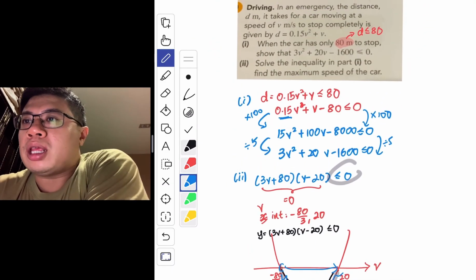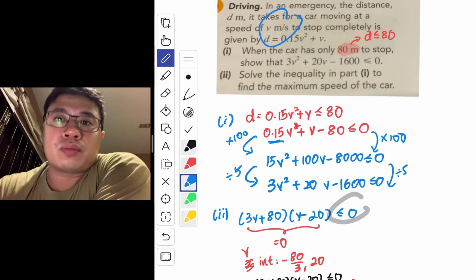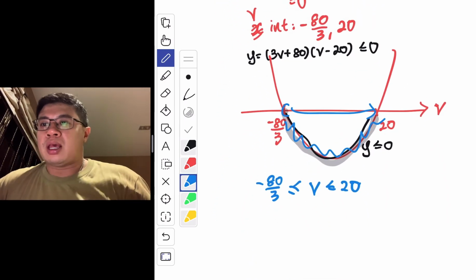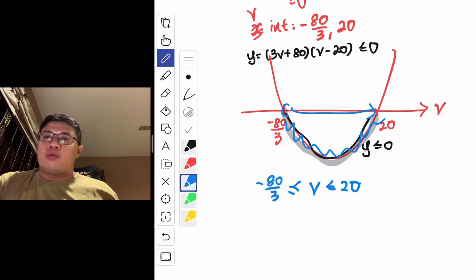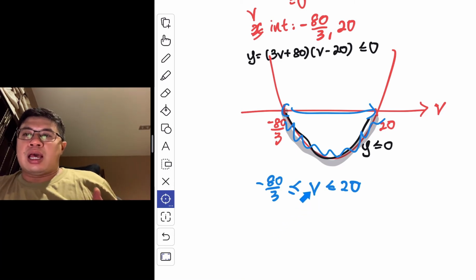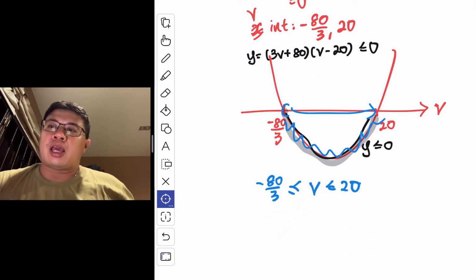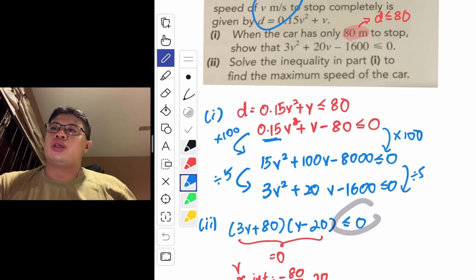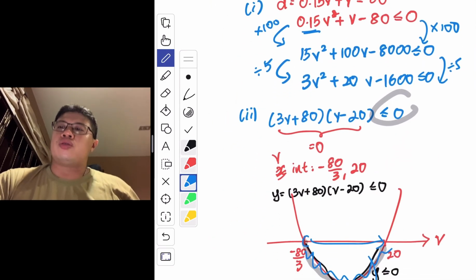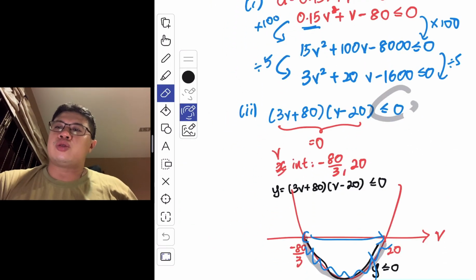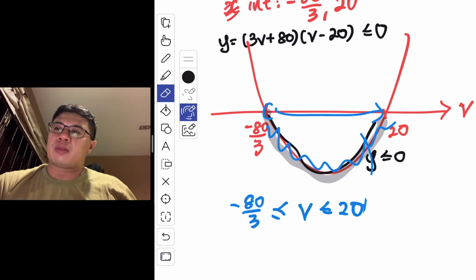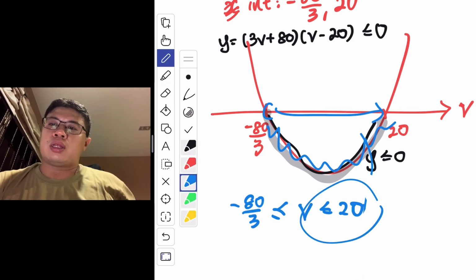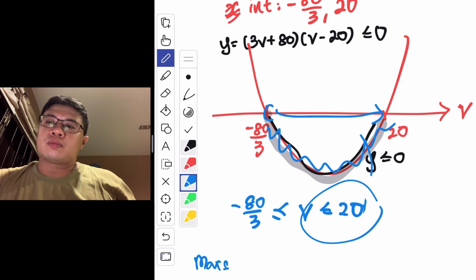If you look at it, v is a speed. What does it tell you? Remember, this is not velocity, this is speed, so speed cannot be negative. Another context is that if you are asked to present the answer, which the question didn't, you have to make sure that you reject the negative speed. It has to be more than 0. So what's the maximum speed? Just look at this inequality: what's the highest value of v that you can get? You can see that the maximum speed is 20. So the max speed of the car